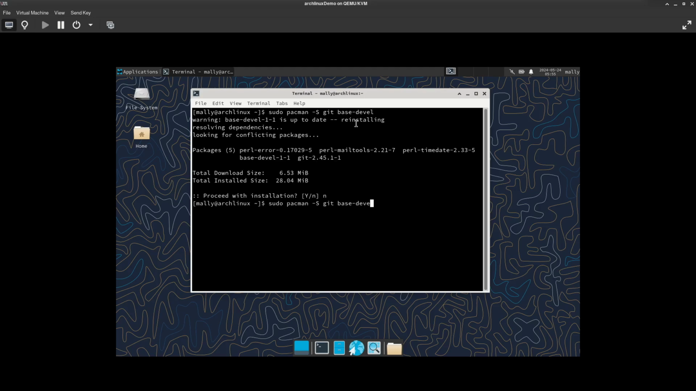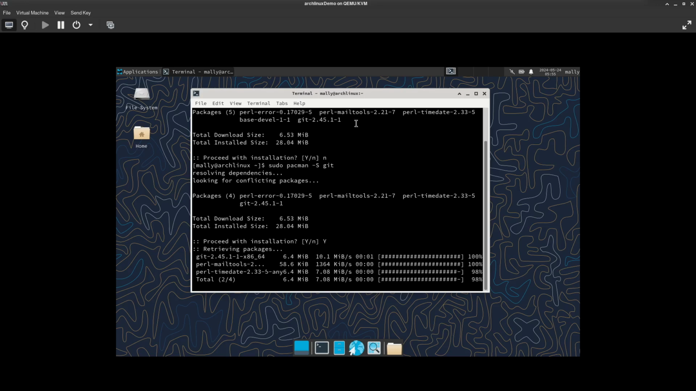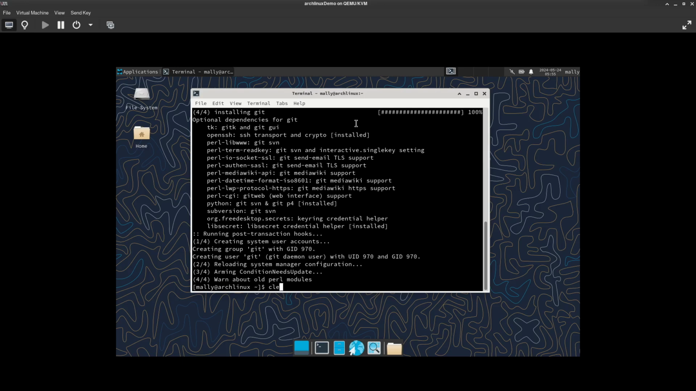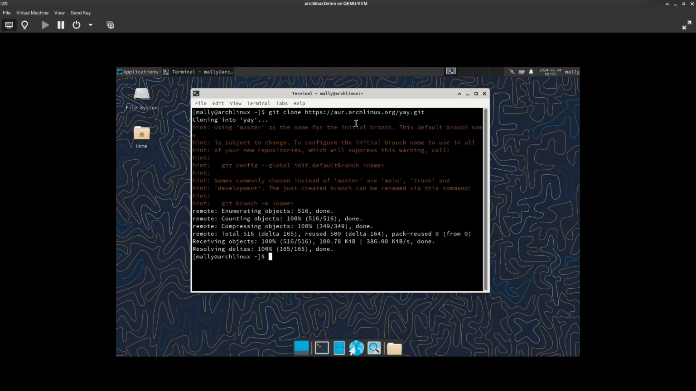So we're going to do, no, just double checking that we have it installed. So we're going to install git, then we're going to clear, then we're going to git clone https://aur.archlinux.org/yay.git. So we're going to clone yay,